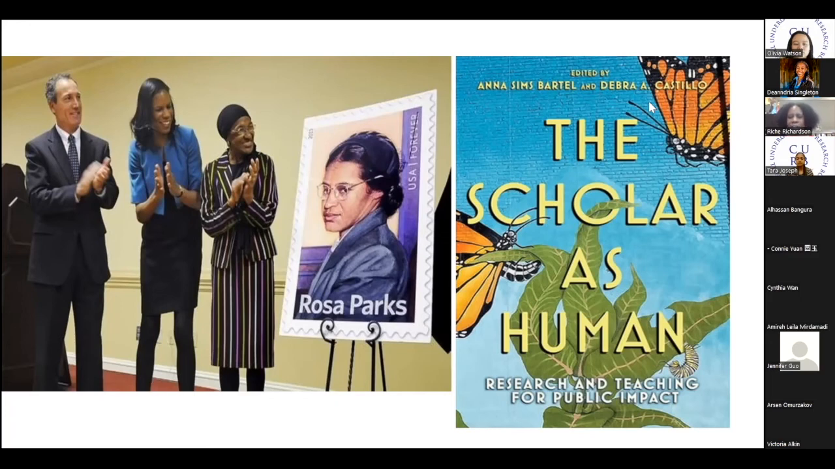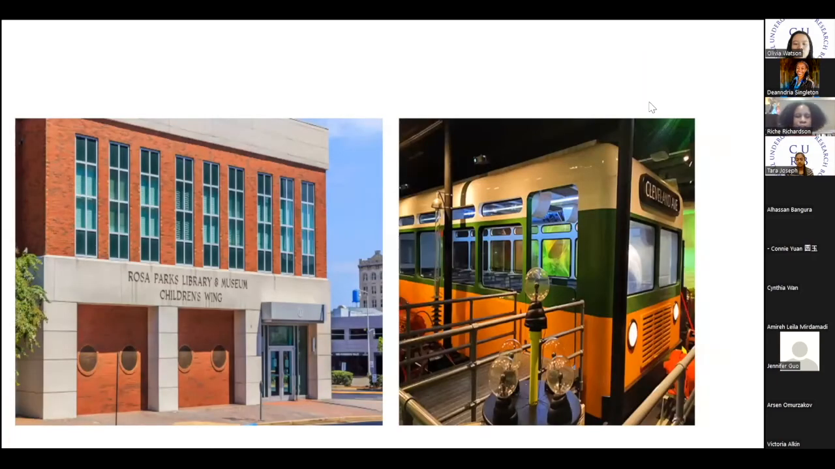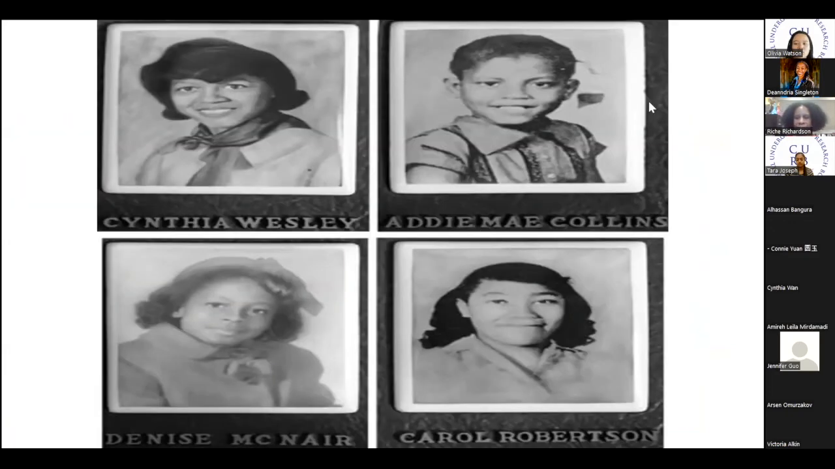And so in my case, I talk about the work on Rosa Parks, my exhibitions at the Rosa Parks Museum and what they've meant and how they've built in certain ways upon my academic work. This is a view of the Rosa Parks Library and Museum that I mentioned, the Children's Museum, and the bus installation at the heart of the Children's Museum, which gets a lot of analysis in my chapter on